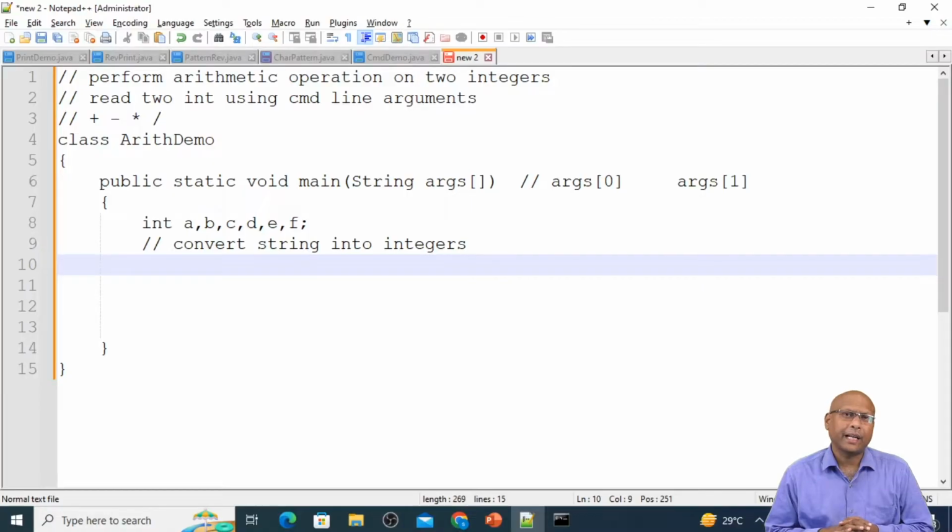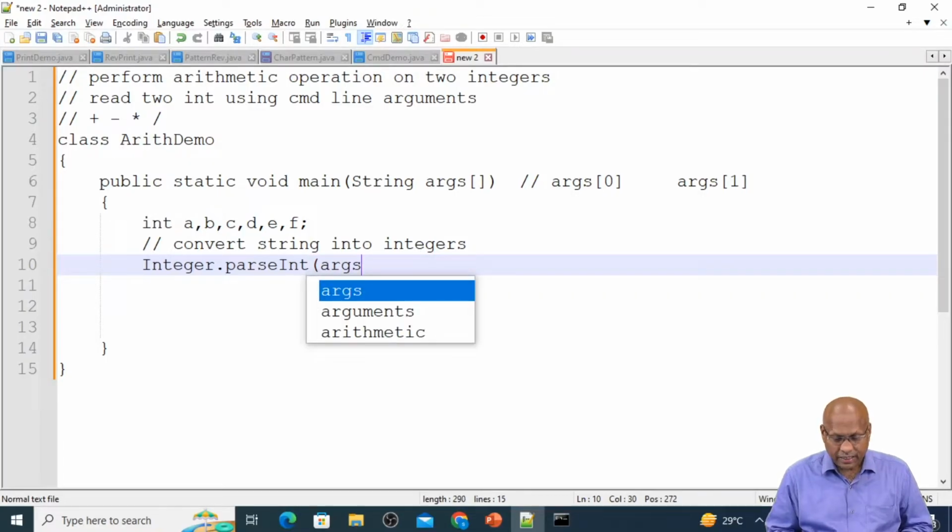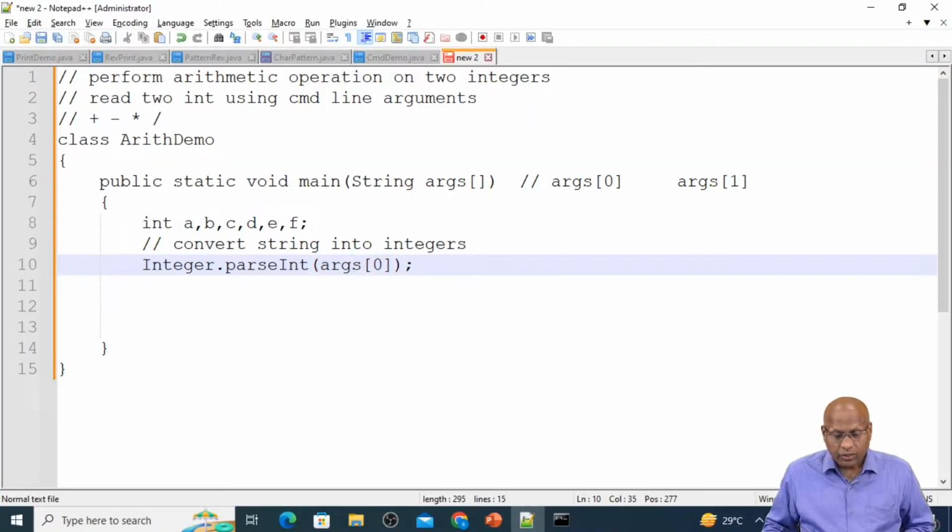For int, the wrapper class is Integer, with uppercase I. Integer dot parseInt. This method will convert the data into integer. So parseInt is a method available under the Integer class, and whatever argument you are passing, which is in string format, that will convert into integer and store in a. So I will write here a equal to this,